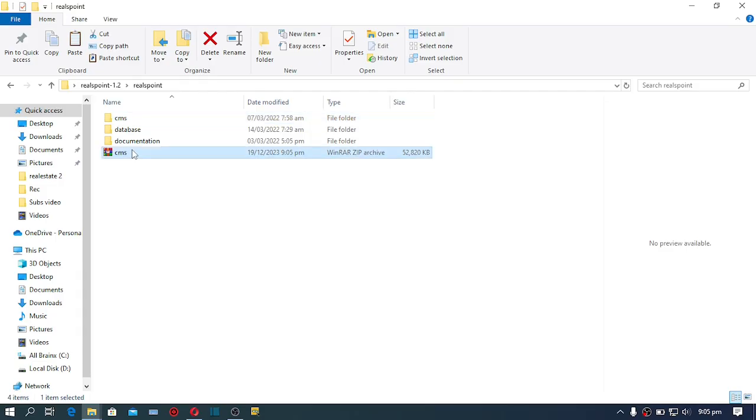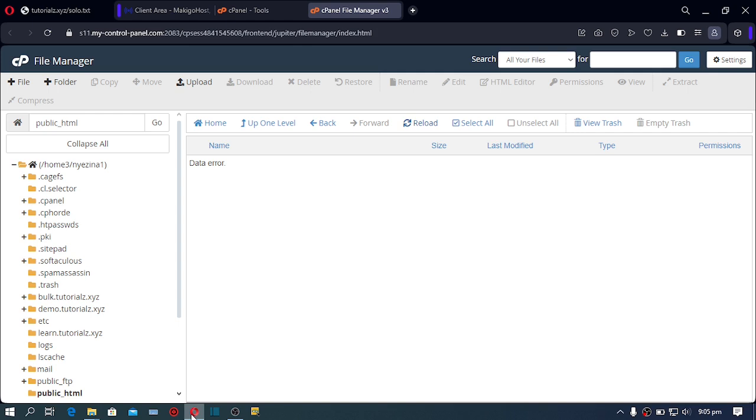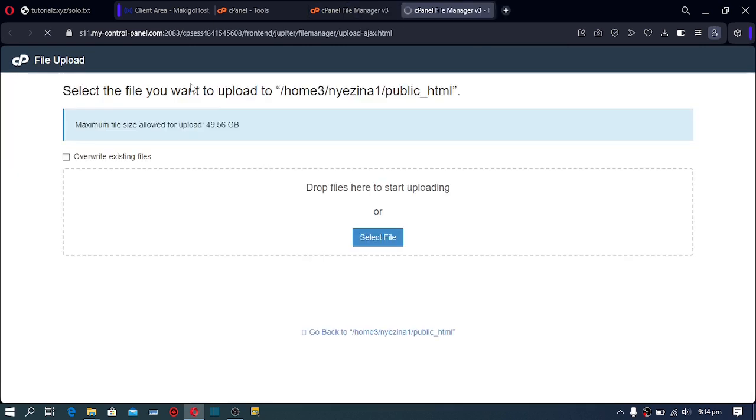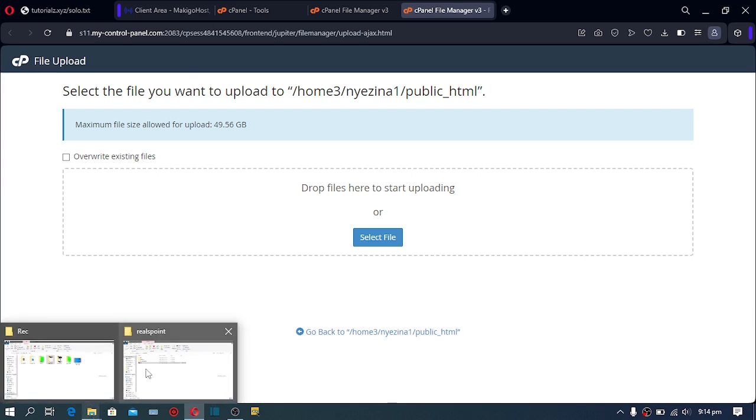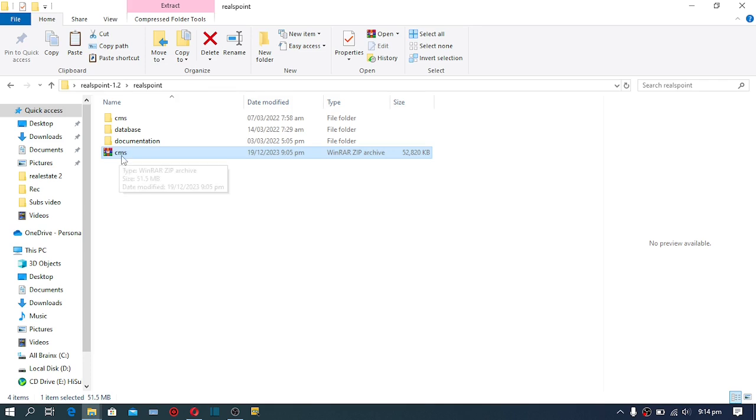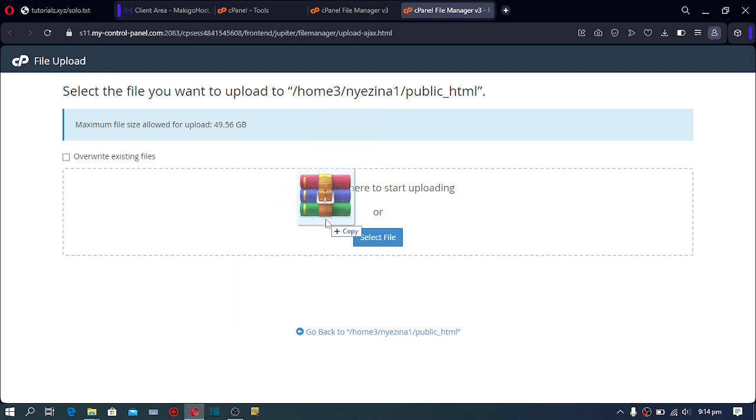Okay, we are done with the zipping. This is the one we're going to upload to our web server. So go back to file manager here, open your public_HTML. After reloading your page, click on upload. We are going to use this interface to upload our core files. So go to wherever you zipped your content management system, just drag it and then drop it here